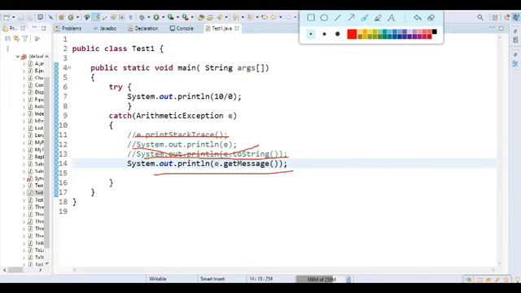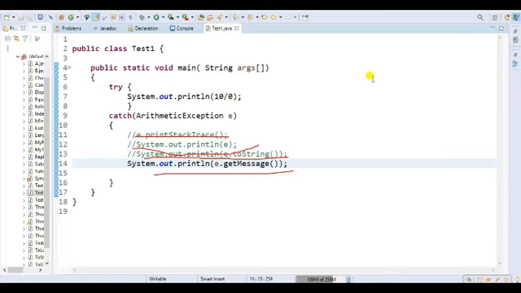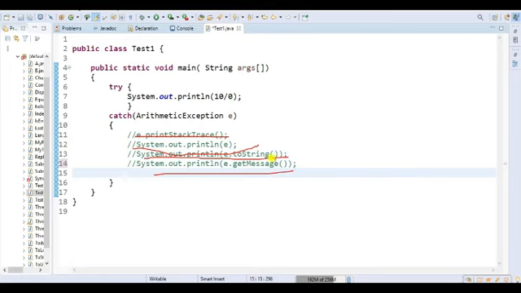Okay. Next, move on to the next example, where I want to demonstrate with a coding example what happens if I use multiple catch blocks. Let me write some handling code here. Suppose I want to use multiple catch blocks with a try block. One is the try block, and another is this catch block. I want to use another catch block.